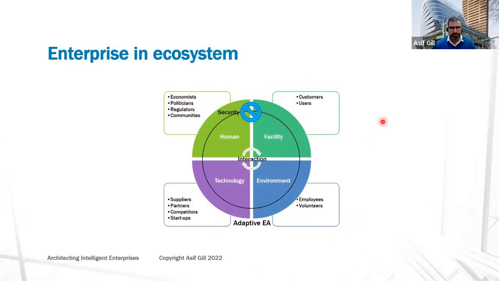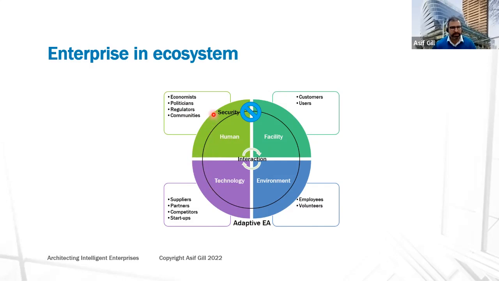So when we look at the enterprise and ecosystem, especially from that SFS financial services case study organization's point of view, there could be different angles to it. In between here, the architecture of the enterprise could involve these layers: human, facility, technology, and the interaction enabling everything, which are here, and they're securing those interactions with those elements. But then also, who is interacting with that? We really need to look at that.